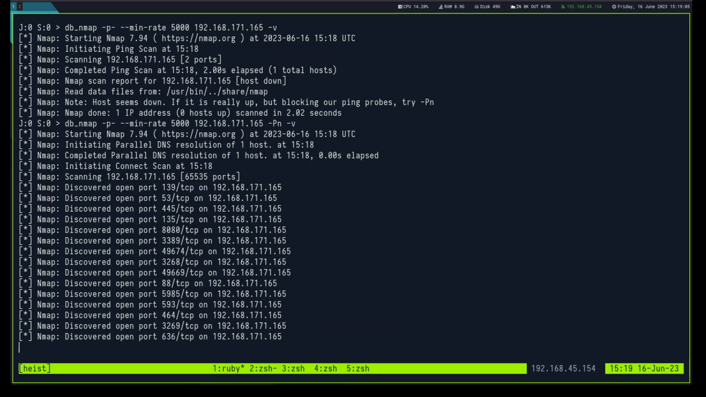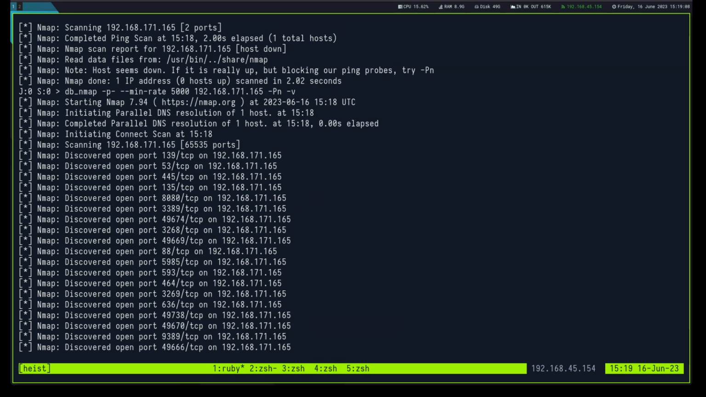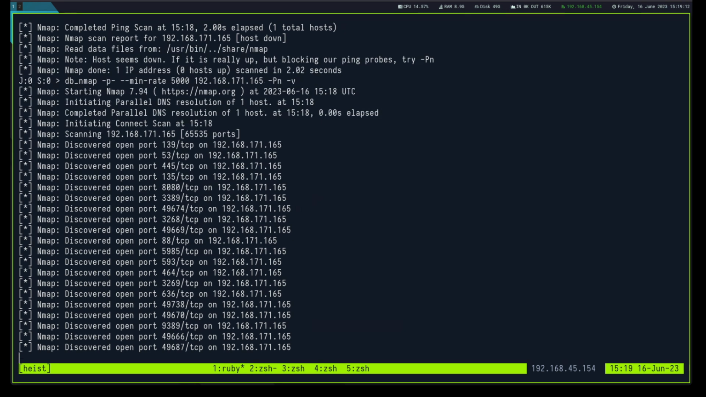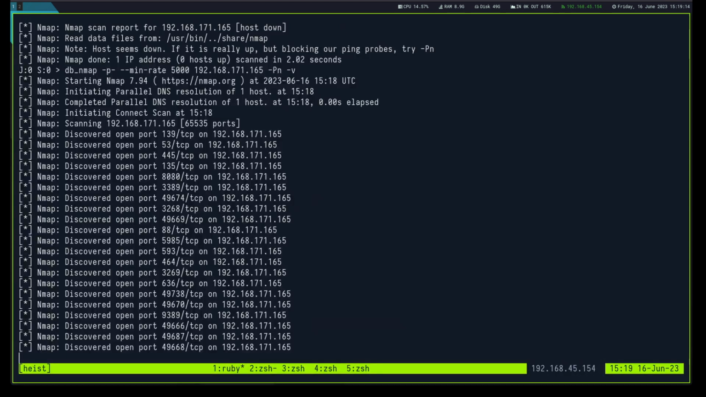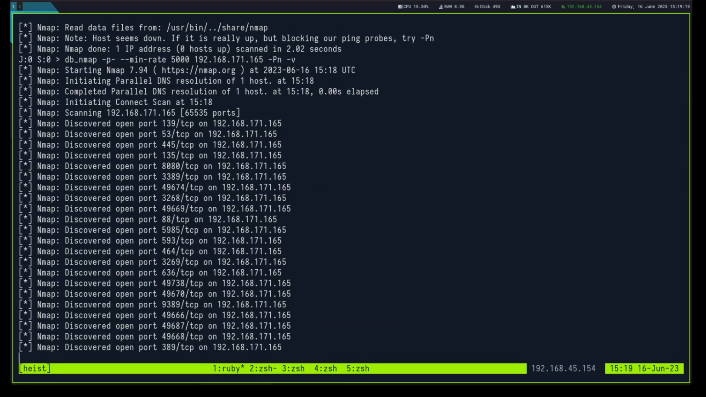Now after this, I will do a more thorough scan. However, this was just so that the scans run in the background while we also manually enumerate things. So let me also get my